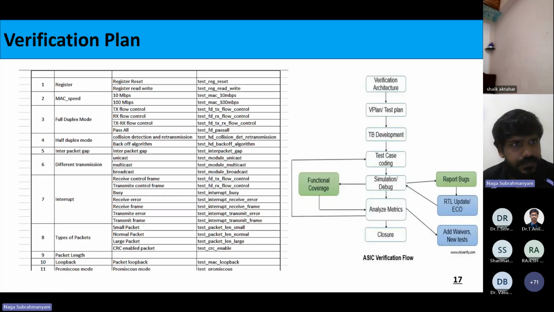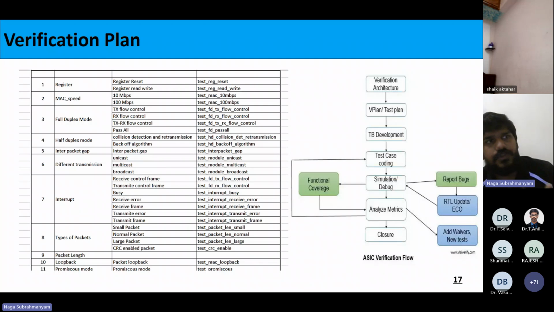So I told you previously how a verification plan will be. Again, we came back to the point. Suppose you see an Ethernet, what will Ethernet do? Ethernet will transmit the data and Ethernet will take the data, right? Whenever it is transmitting the data, it will behave like a master. Whenever it is taking the data, it will behave like a subordinate. Don't use the word slave, use subordinate.